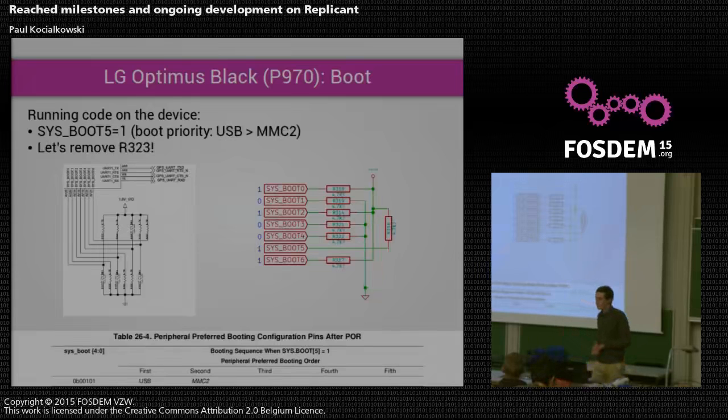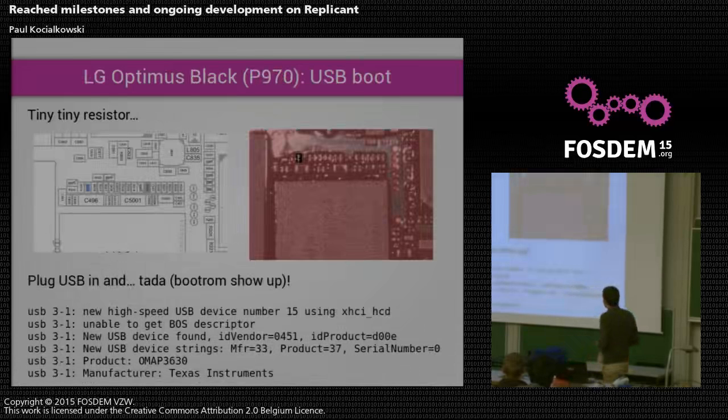So it means removing a resistor on a very tiny board like that. It's possible. I've done it 3 times, I think. I succeeded every time, and I'm not very good at soldering, so if you just have good equipment, it's possible to do it. So that's just one very tiny resistor to remove. That's the schematics, that's the actual board. So you can see it's very tiny.